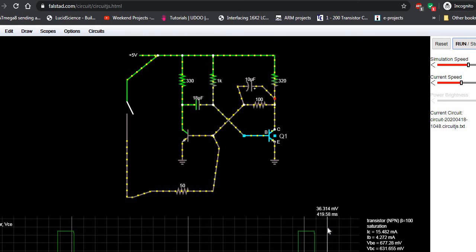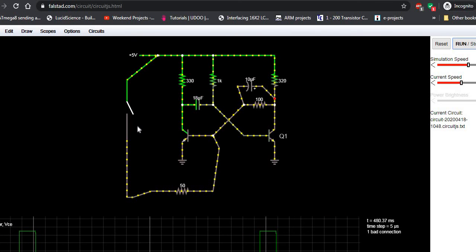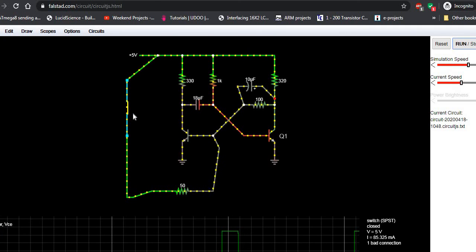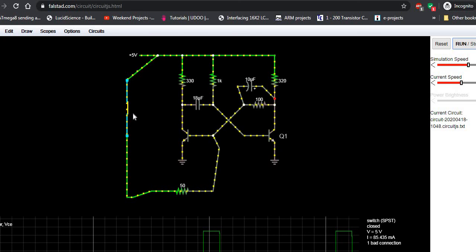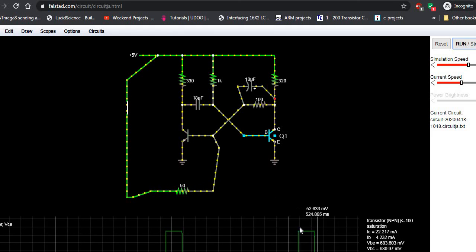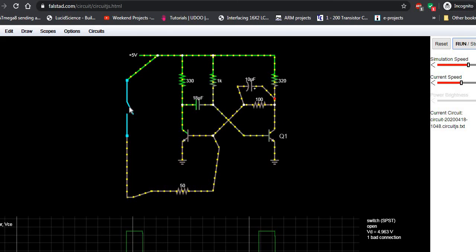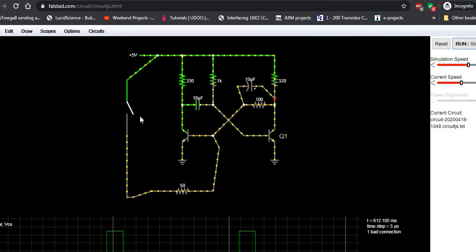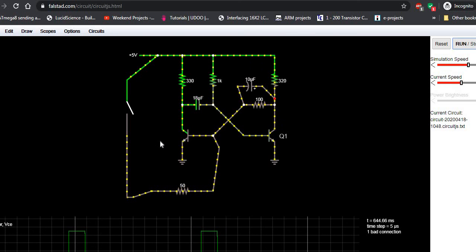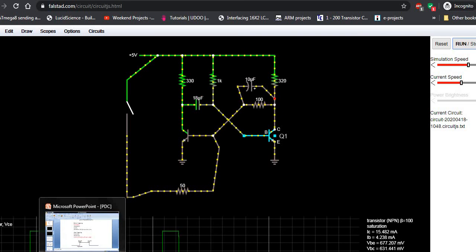One thing we are supposed to note here: no matter how many times we apply the triggering, even if you keep that triggering switch on, we are going to have only one triggering pulse. Means we have to allow some time for the capacitor and Q2 to switch between cutoff and saturation. Now going back to our discussion,